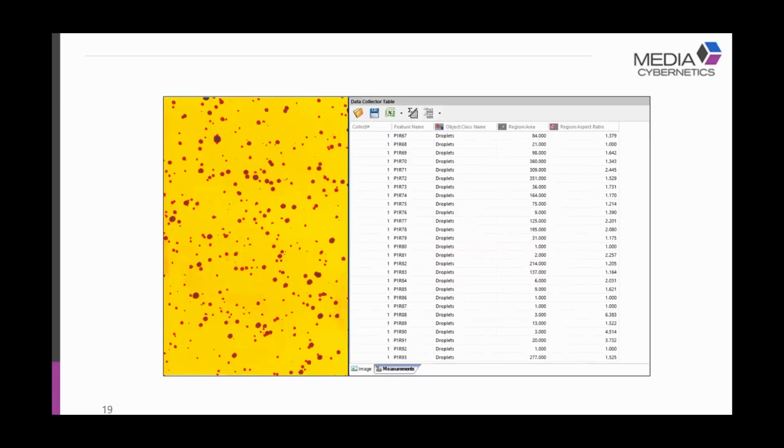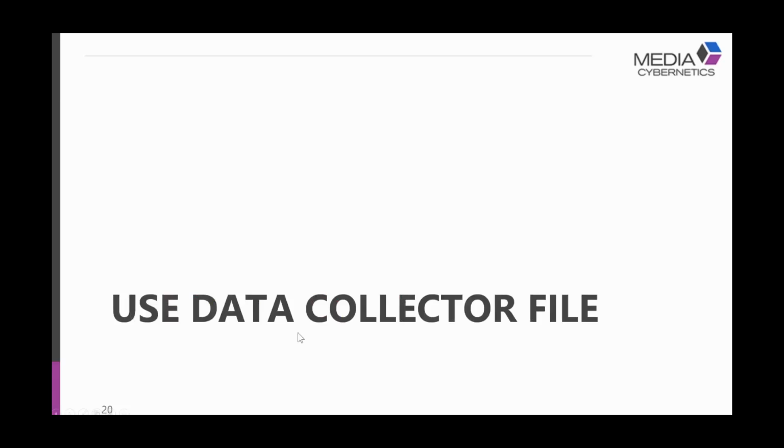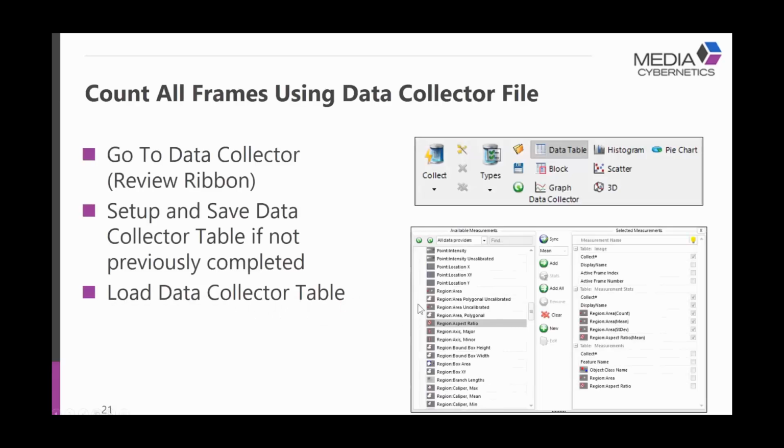If I want to know the statistics per image, for example, then we're going to set up the collect in a slightly different fashion. So in this case, I want to go to data collector. This tool, data collector, resides in the review ribbon. There's a shortcut under the collect button where I can go right to the review